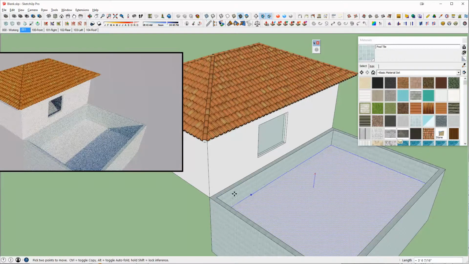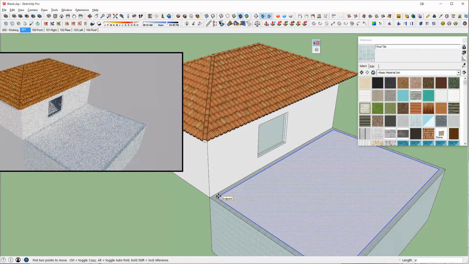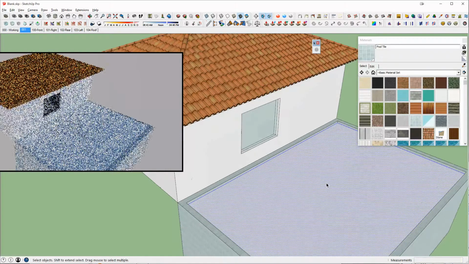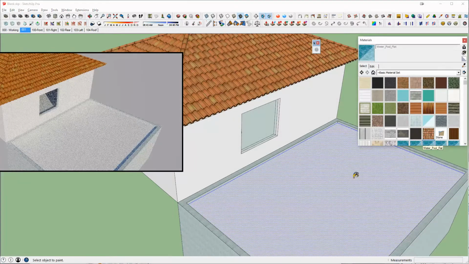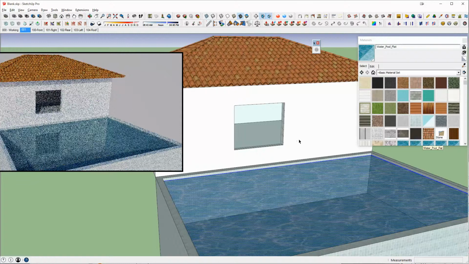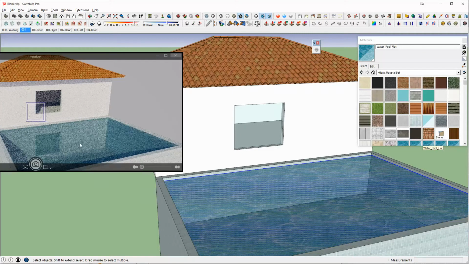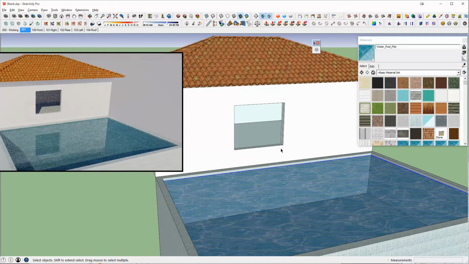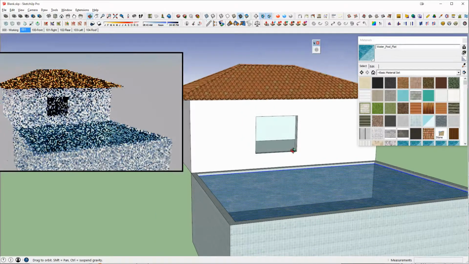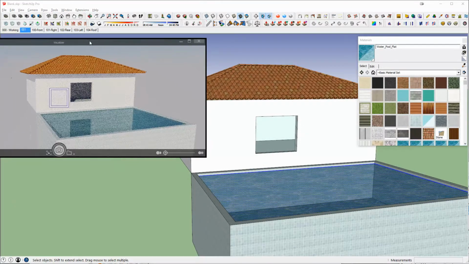And then most importantly, we'll put some water in the pool. And now you'll see that we're starting to get water in here, some nice reflections, the light through the window, and again, it's all live as we're drawing,